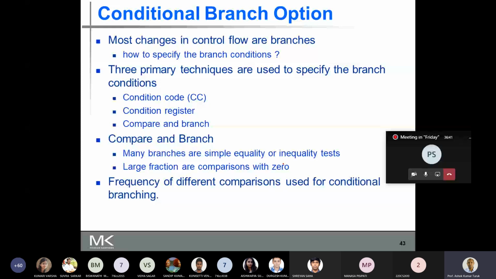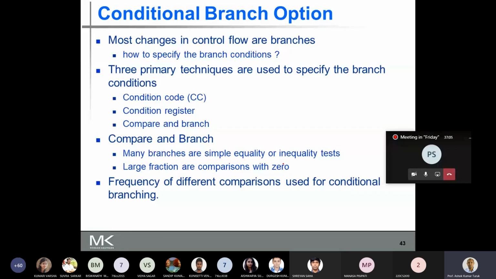So in the case of a branch, it compares and tests some condition to carry out the branch instruction. The comparisons are very simple tests, whether equality or inequality, and a large number of comparisons are with 0.